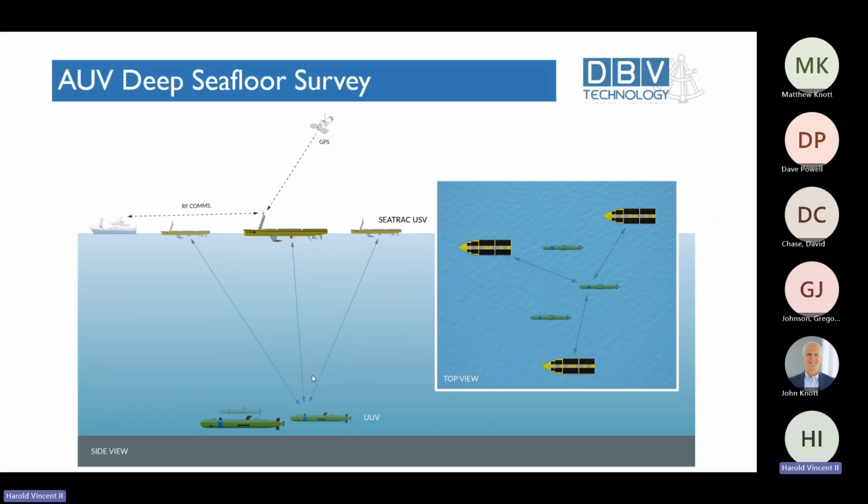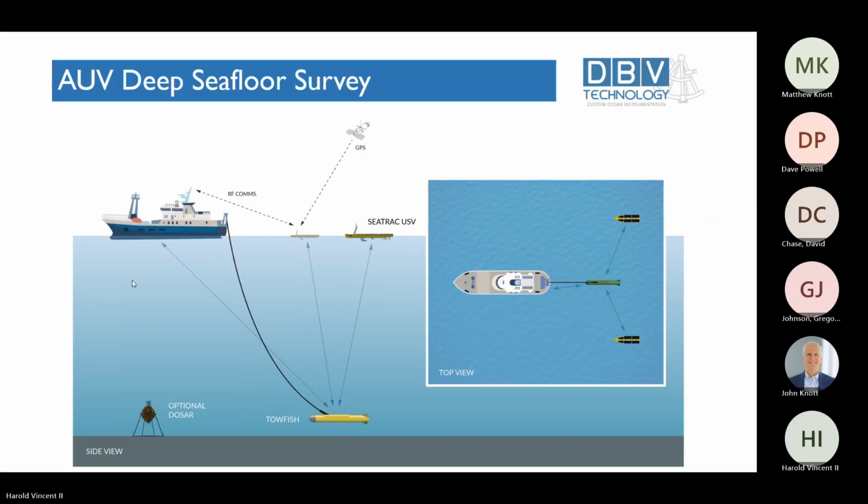So in that deep seafloor survey, this shows that you could do it with one or more UUVs. Instead of having transponders down on the seafloor, an alternative means of executing the survey and doing acoustic positioning would be to use a set of autonomous surface vehicles transmitting acoustic signals to the undersea vehicles, allowing the undersea vehicles to have their positions, navigate, drive, and perform the mapping operation before they come to the